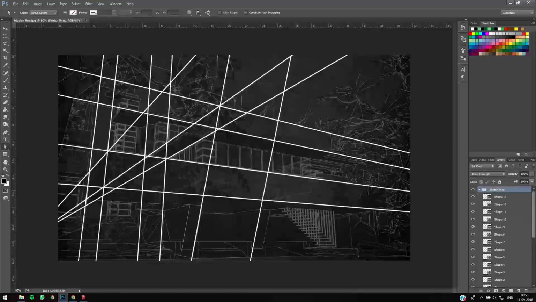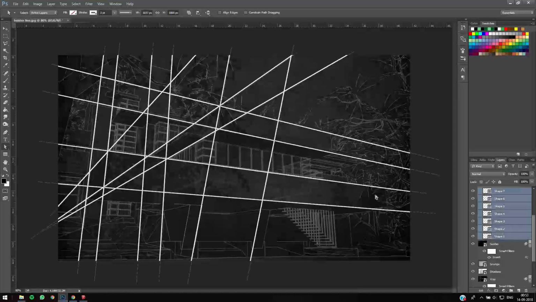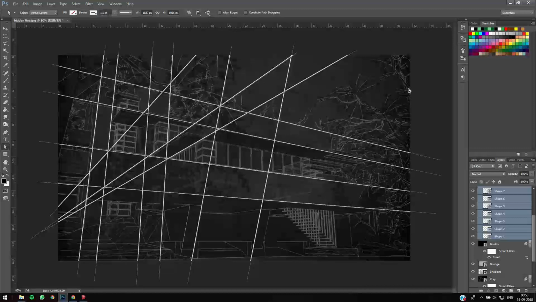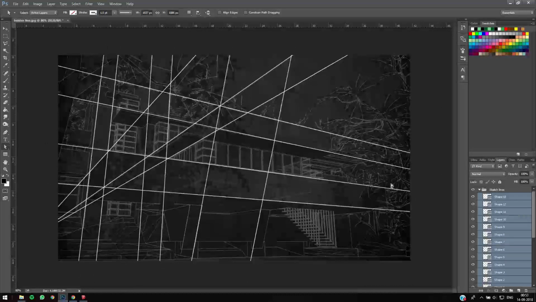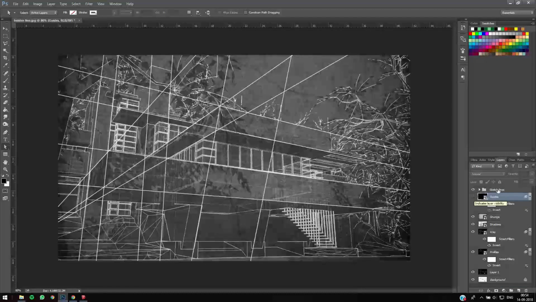Alright, so now we can even reduce the thickness of these lines. Just select them, hit A on your keyboard and change it to 2. 1.5 looks really nice. Just make it thin enough, maybe not too thin, but thin enough so that they look like sketch lines. After that, we can remove it off the kite layer and reduce the opacity